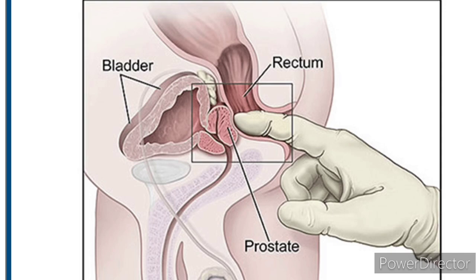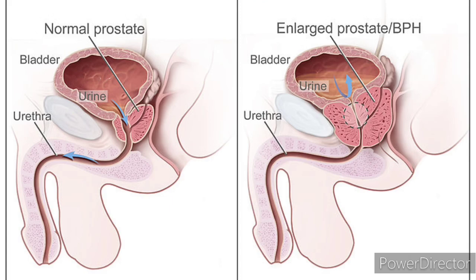Let's look at the management of BPH. BPH can be managed in two ways. Actually, it can be managed medically or surgically. So for medical management, if there are no symptoms, or maybe only mild symptoms, at this point we can wait and not do the surgery. We can wait as we treat the symptoms.